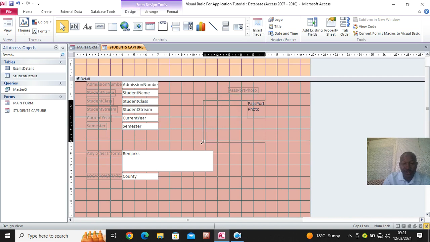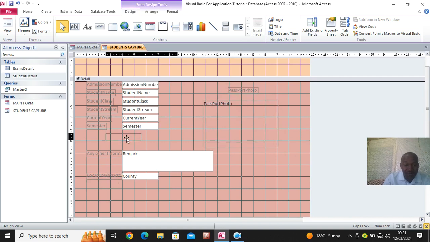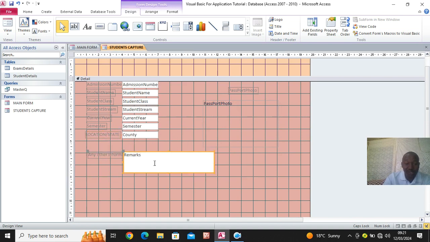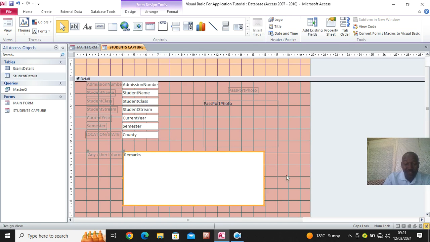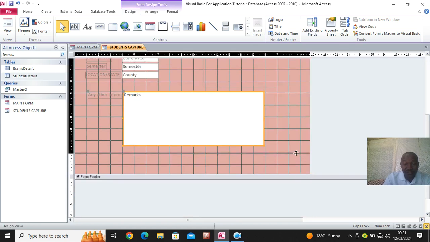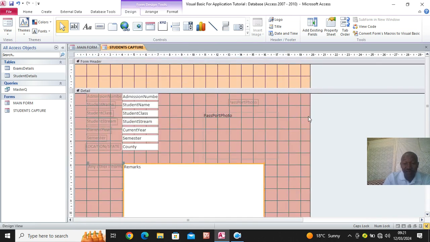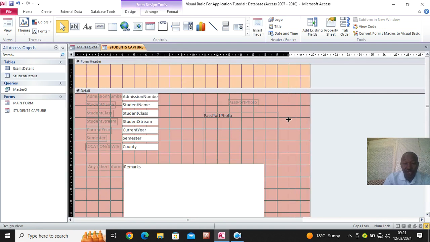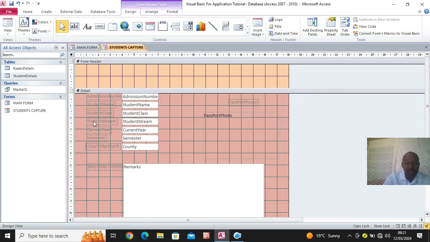So I can drag this one to increase. Then the location or the state should be up there to be on the same line. Then the remarks to be somewhere there. Then I also reduce this. I don't need a very big